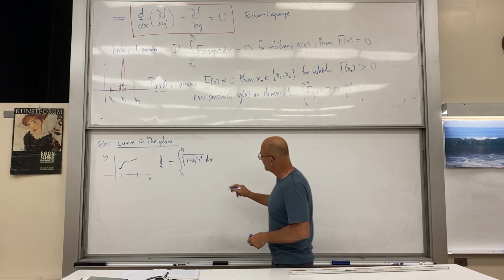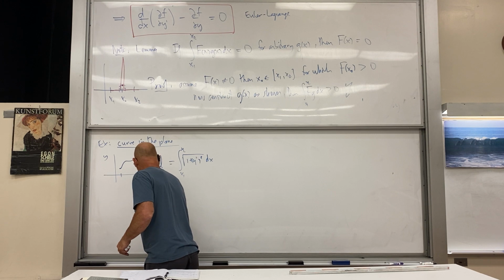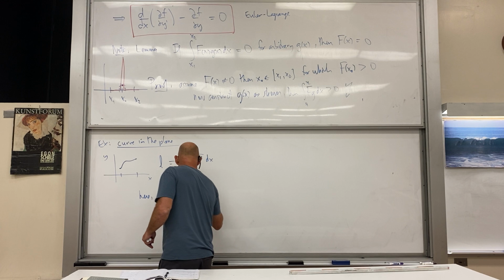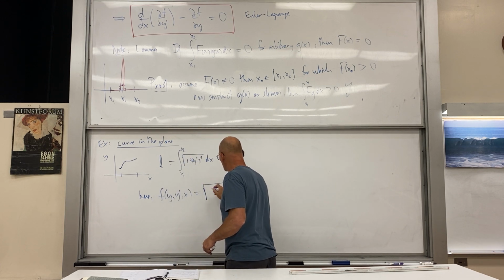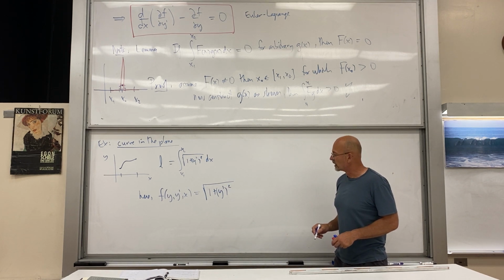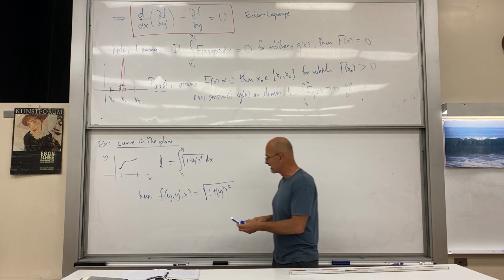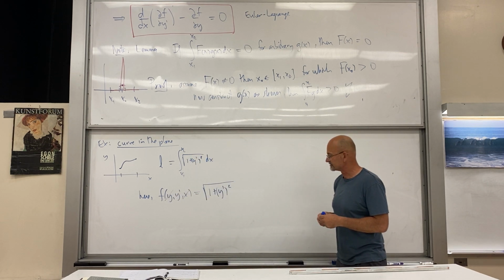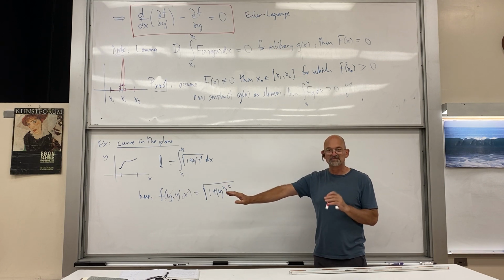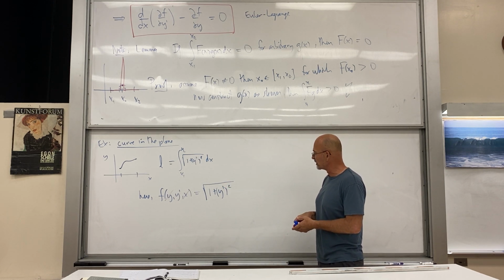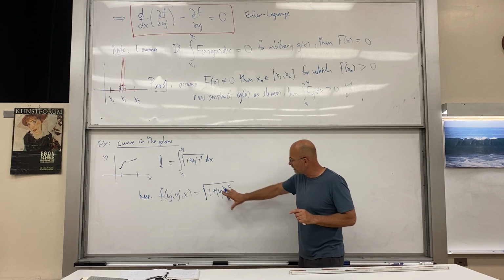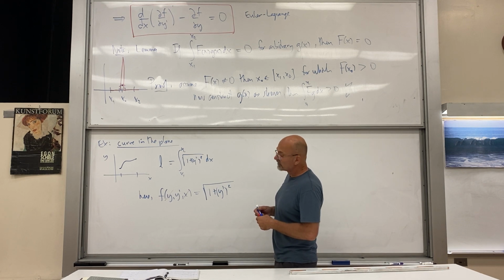So in our formalism, f of y, y prime, and x is a pretty simple one. It's just root 1 plus y prime squared. So it is not explicitly a function of x or y, it's just a function of y prime. In the other examples we do, we'll have more complicated cases. We're going to start with this one because there's our equation,